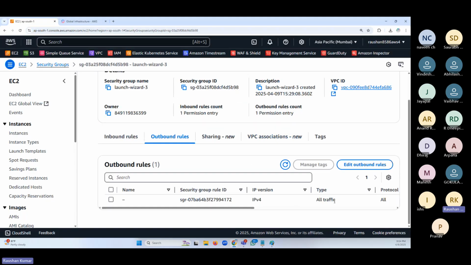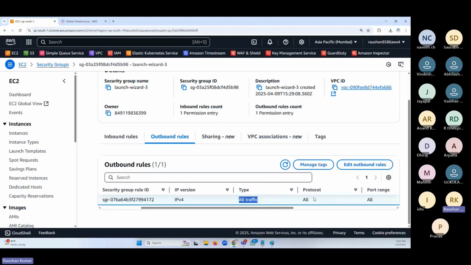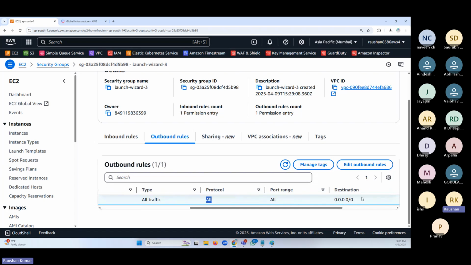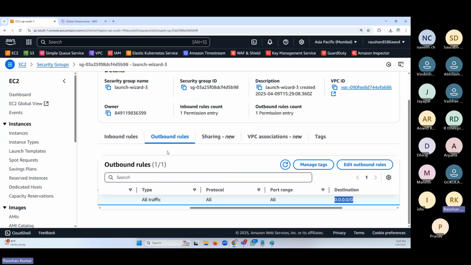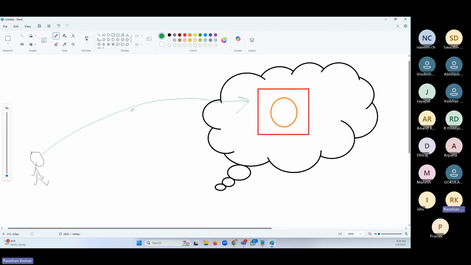You have mentioned, I want to meet all traffic, all ports, any IP in the world. So you can meet anybody. You have given outbound traffic, meaning traffic going out of the server. So you can meet anybody, but only port 22 can meet you. You have given this in the security group, and because of that, you will be able to do SSH. That's it. You cannot do any other thing.